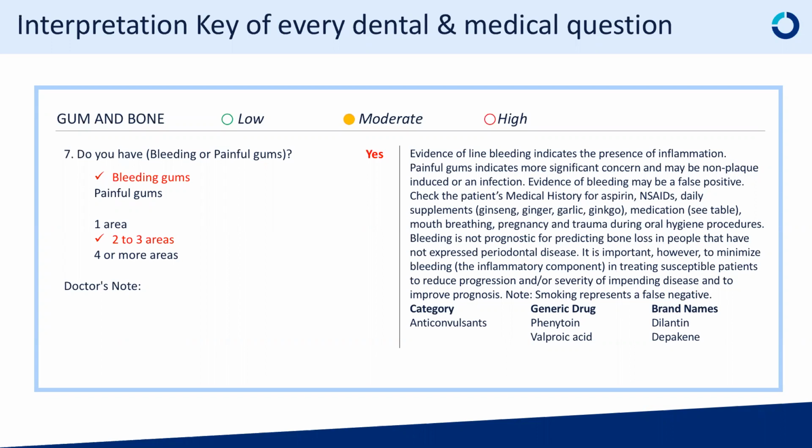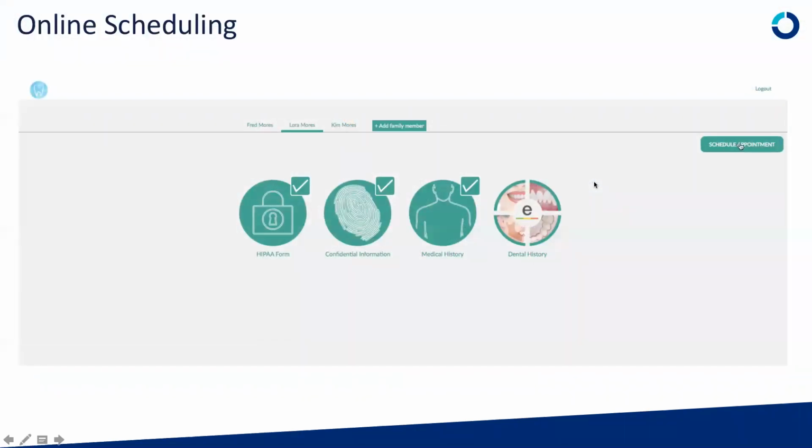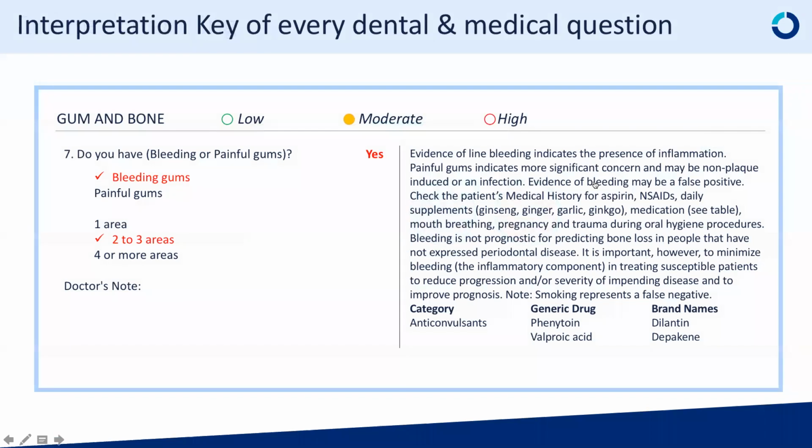And we've had a lot of offices tell us that patients came in and asked, like, why did you ask me, for example, if I have gastric reflux? Why does it matter if I have diabetes? And what the system allows you to do is simply to open that medical history, and you can read the interpretation key on that right side. And that way you don't have to worry about coming up with an answer on the spot,